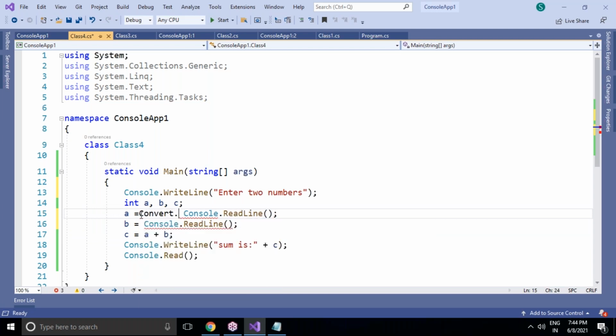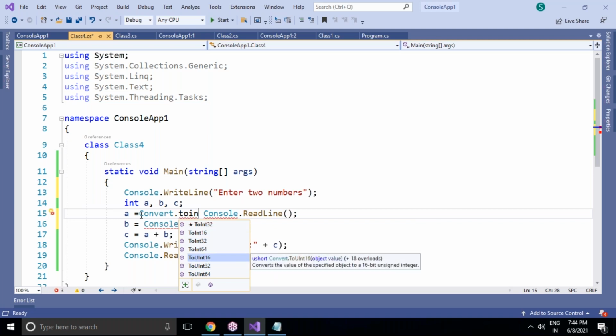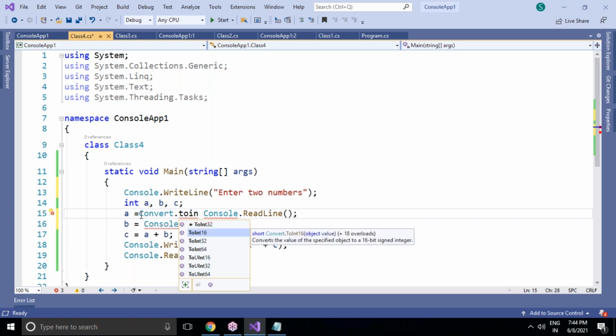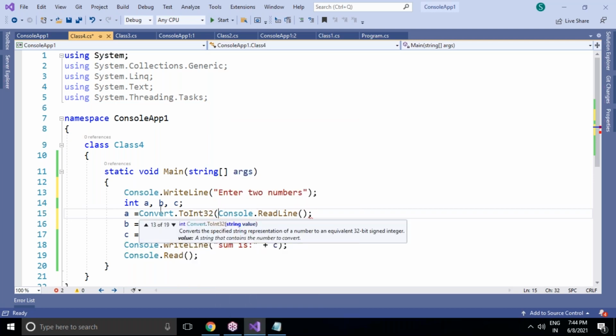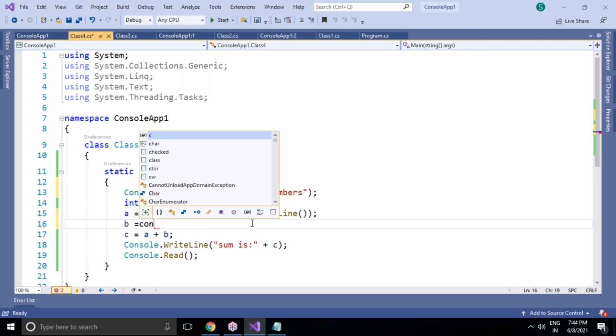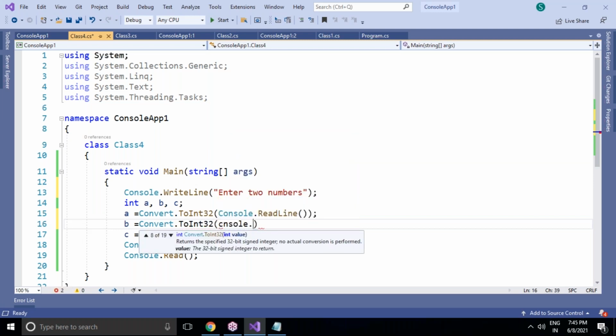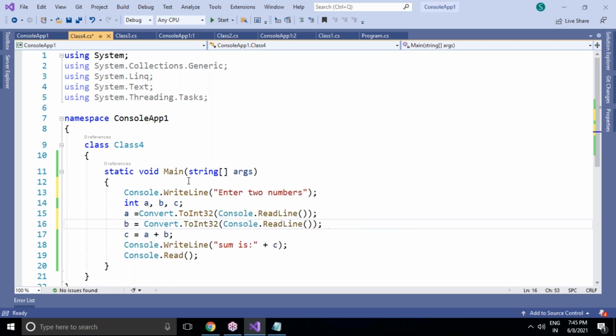Look here, I'm taking Convert.ToInt first. But for ToInt there is also a range: 16, 32, 64, UInt16, unsigned integer, signed integer. I'll explain these ranges in coming examples. Meanwhile, let me take Convert.ToInt32, a medium range of value inputs. Now go for this one. This will work fine now. So let's go for Convert.ToInt32 of Console.ReadLine. I'm taking this, so this program is going to work now.